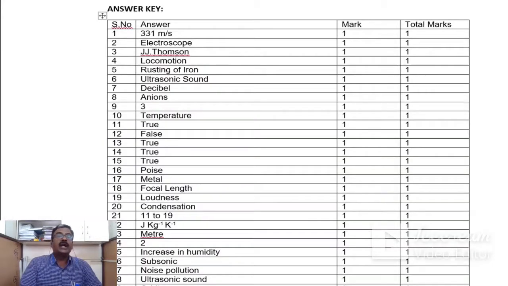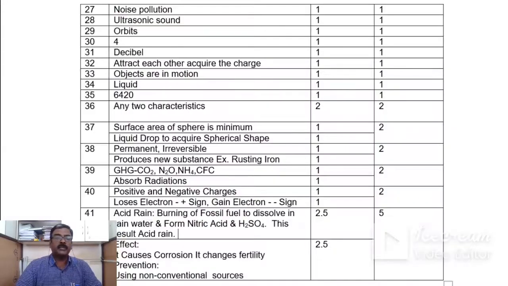And this is the answer key, we already discussed it. What is the right answer? For example, first question answer is 331 meter per second. Corresponding mark we must mention as 1 mark. Total marks is 1. Just like that, you must write the answers of the 1 mark questions. For example, here you can see after 13 and 10, true or false, we mentioned true or false, just like that. So corresponding marks also we mention.